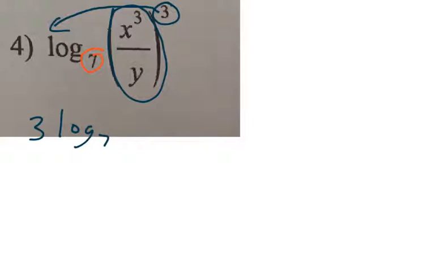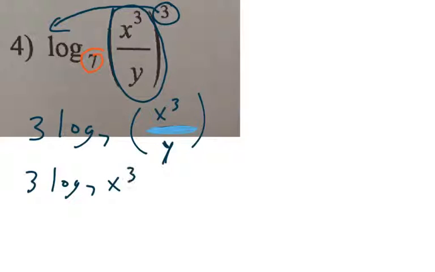So what I really have is 3 log base 7 of x cubed over y. See how it's getting a little bit nicer now, guys? Now what? Well, we have a divide right here, right? And with exponents, hopefully you understand divide means subtract. So what we now have is 3 log base 7 of x cubed minus, because that's what that divide's going to do for us,